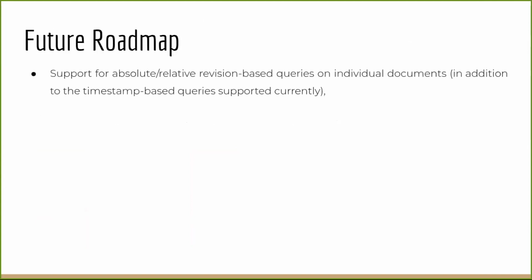All right, so what's in the future for RecallGraph? I want to provide the ability to query based on relative or absolute revision IDs. This can only work in the case of individual document queries. Absolute revision based queries can use the exact revision string. The relative revision queries can be based on 0 representing the latest revision and then going to successive negative numbers, -1, -2, going further back in the past.